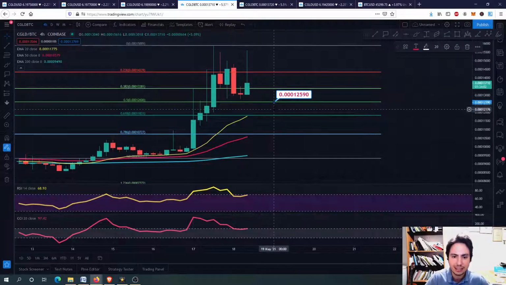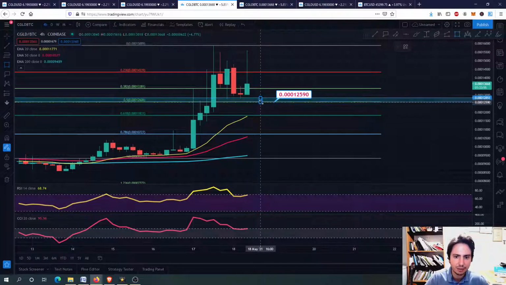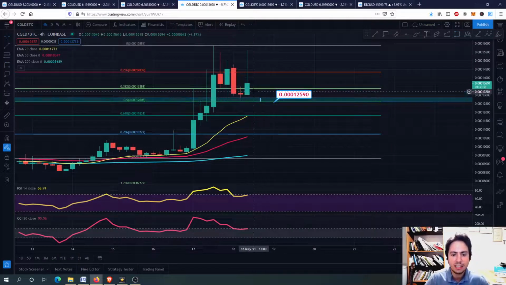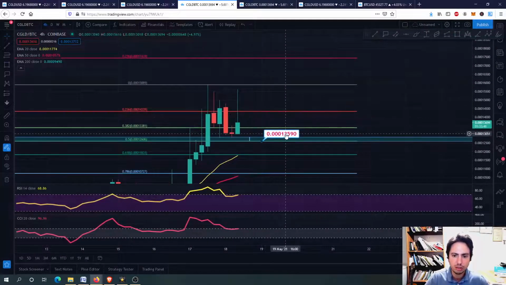We are having this as a support level we want to hold. Actually, we want to hold, guys, this area right here. Okay, we want to hold this area right here. This is a major support level, and of course right now where are we heading is towards new high targets.